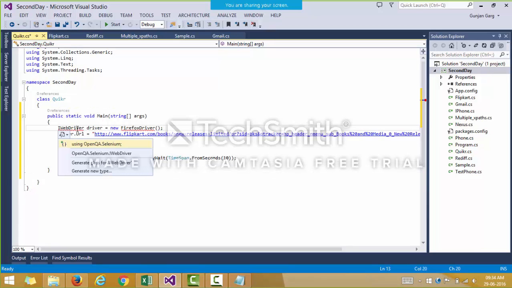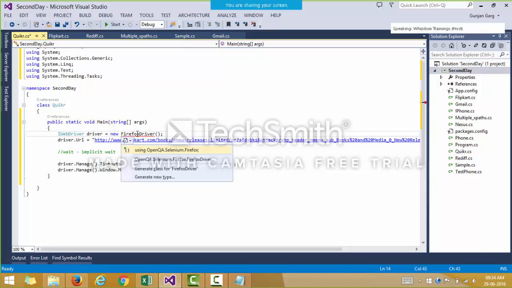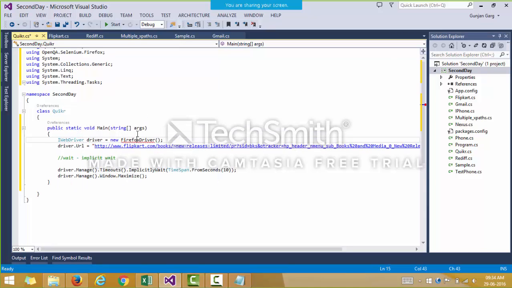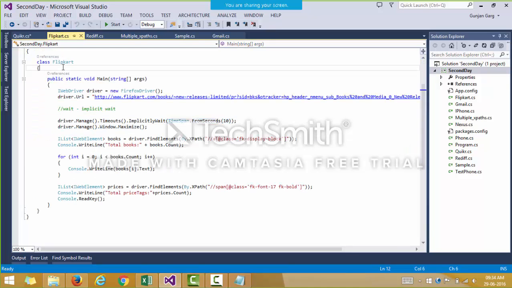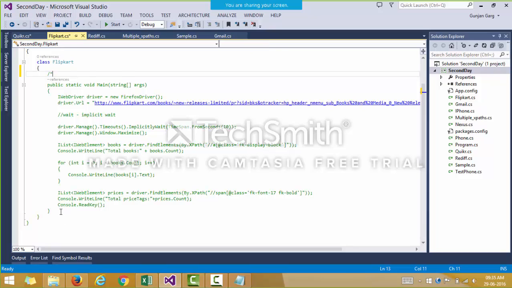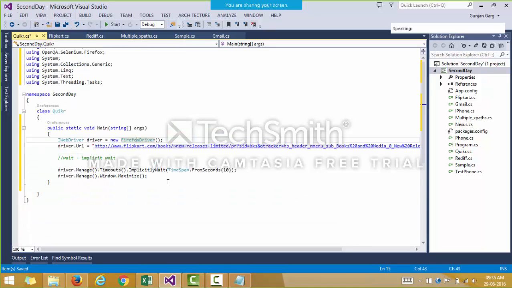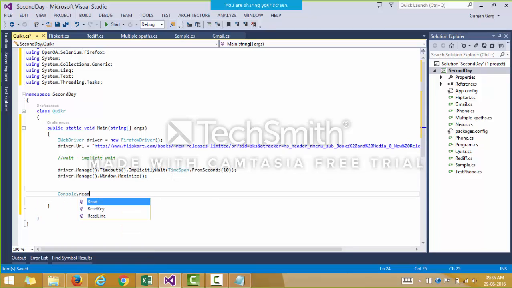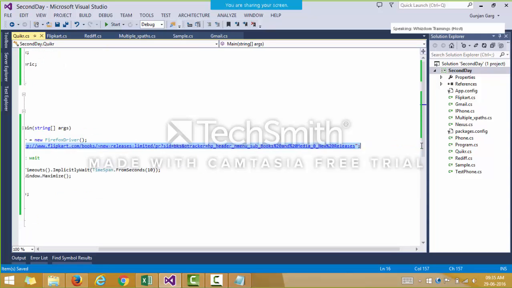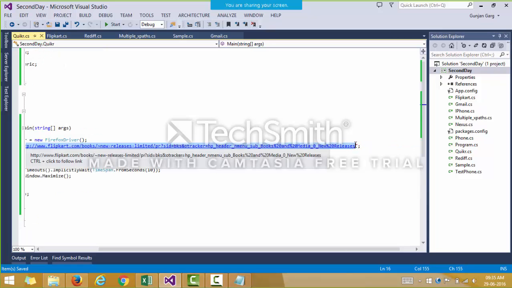I'll include the namespace to it, that is I do Ctrl plus dot, and include the reference for this particular class. And I'll just comment out the main function of the Flipkart class. I'll write Console.ReadKey in order to read the output, and I'll set the URL to quicker.com.